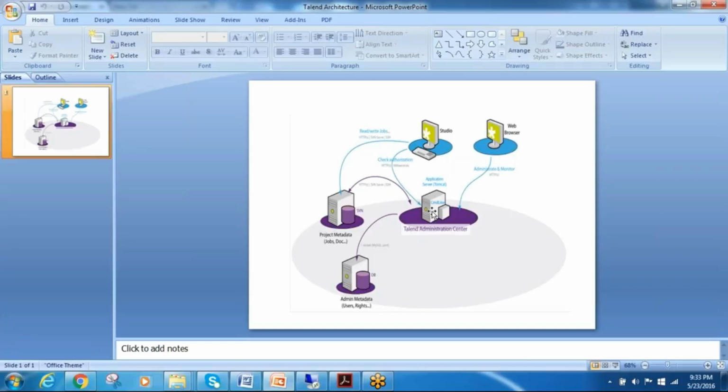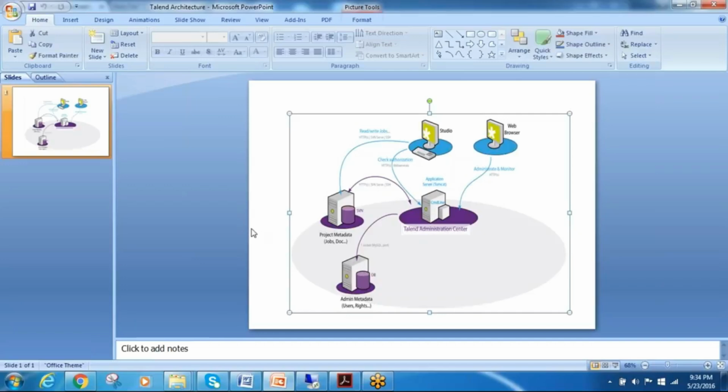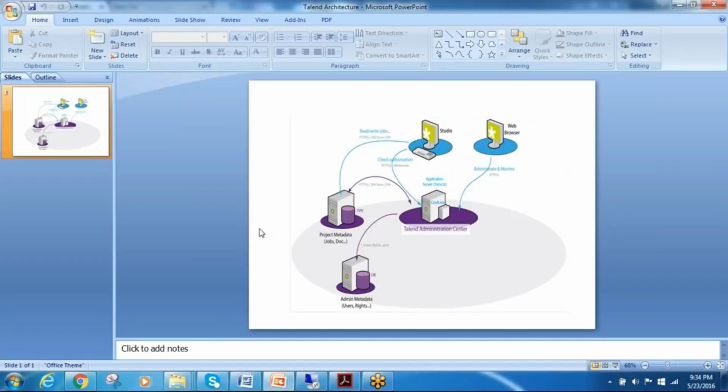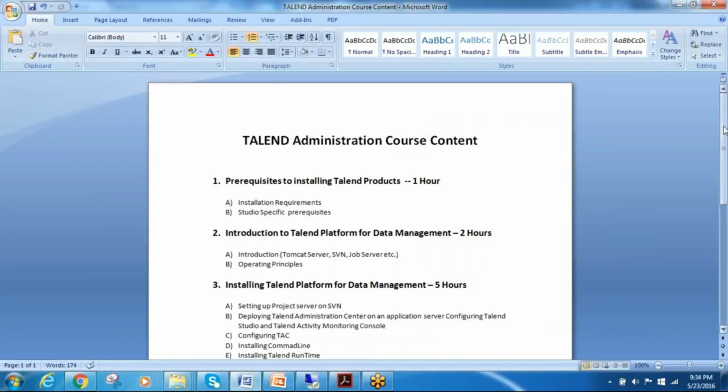Yeah. And whatever data you are going to make available here, that data's metadata will be saved in the H2 database. Right, yes. So this is the architecture of Talend Integration Studio. Okay. So coming to this administration part,